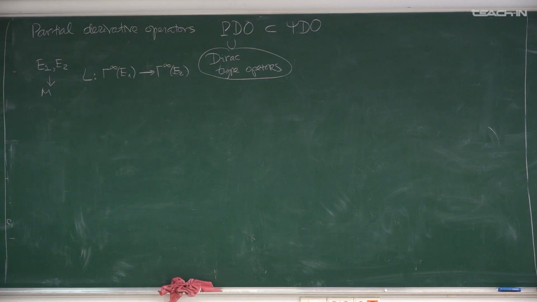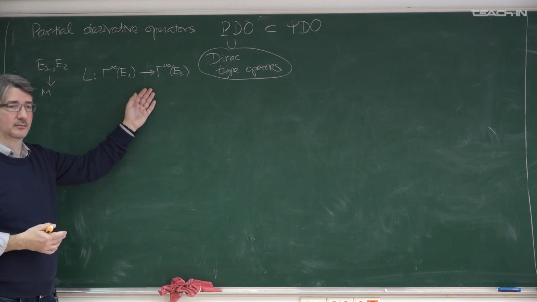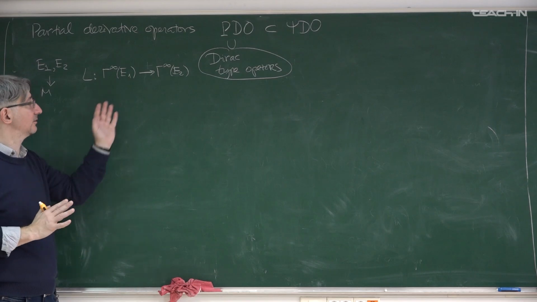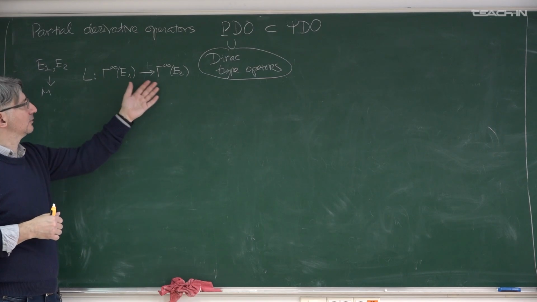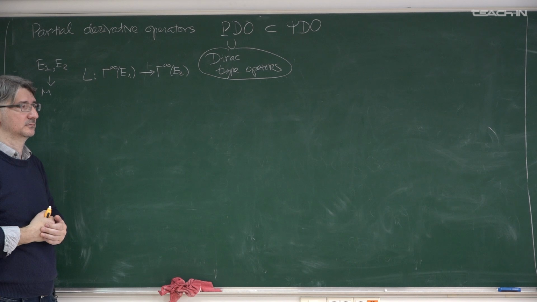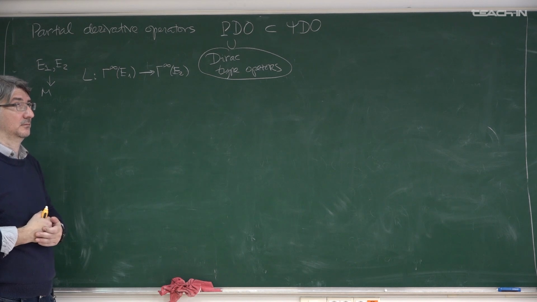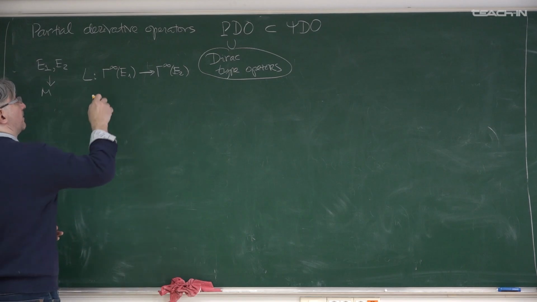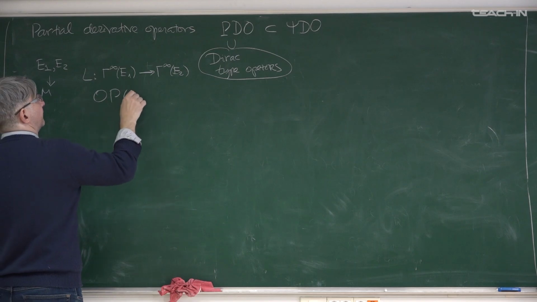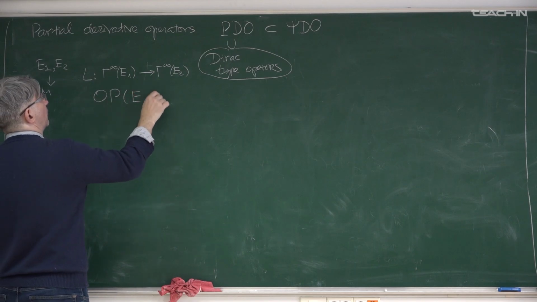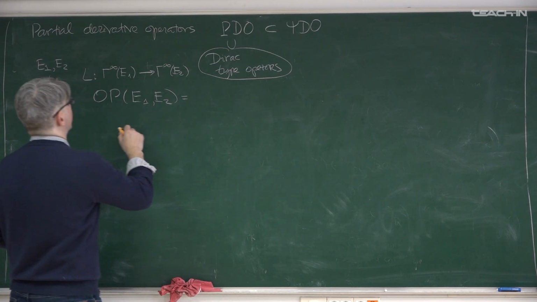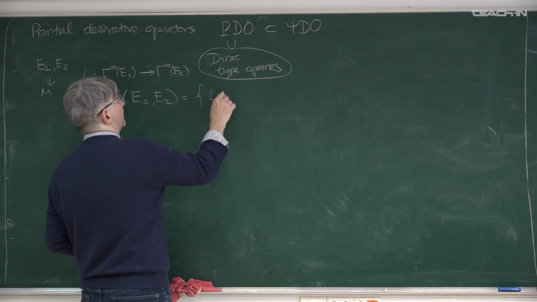What can you say about linearity of this map? Imagine it is a differential operator. We don't know the definition, but imagine that this is a differential operator. What can you say about linearity of this procedure? So we speak about operators from E1 to E2. Total collection of it is a set of maps from sections.